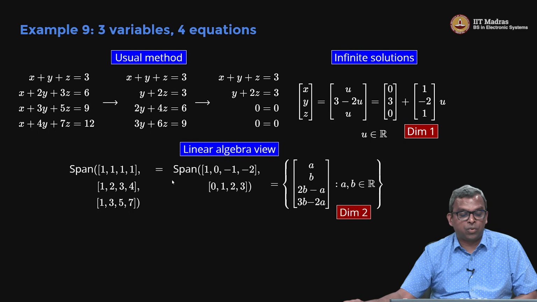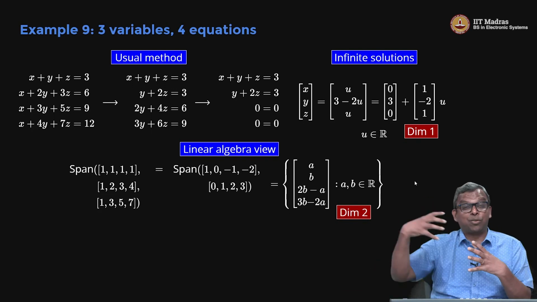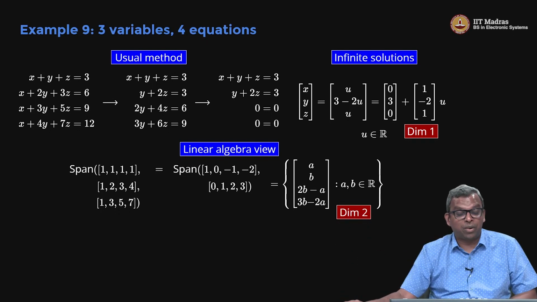Again, the linear algebra view is very interesting. If you look at the columns, they in fact become the span of just 2 vectors. Okay, the columns are 3, but the dimension is not 3, dimension becomes 2. Notice that when the dimension of the span reduced, the dimension of the solution increased, right? There seems to be the tension here, and that works out very, very well,